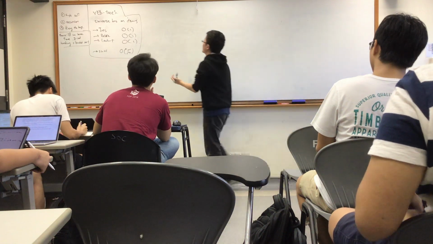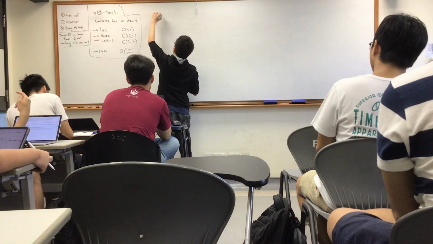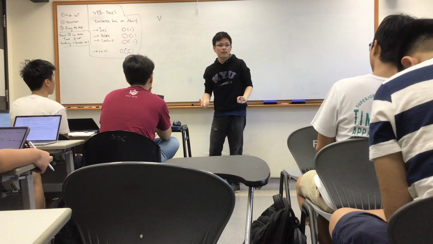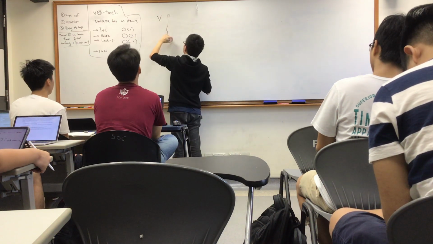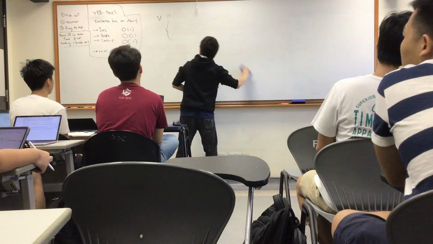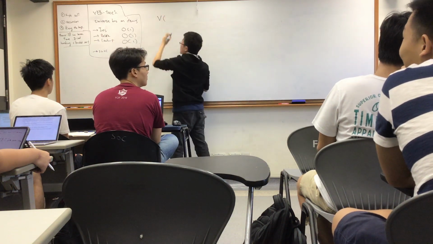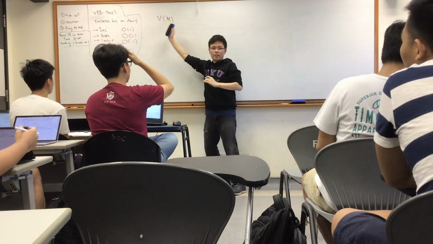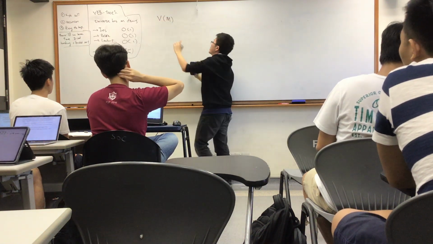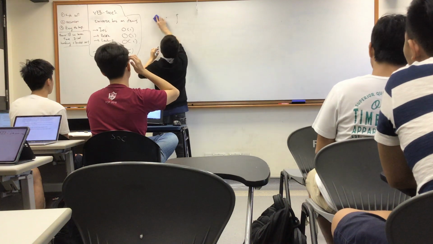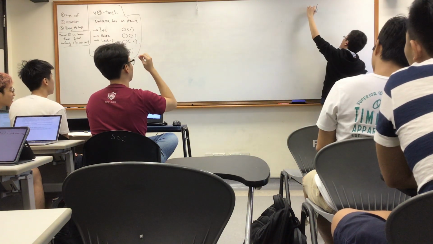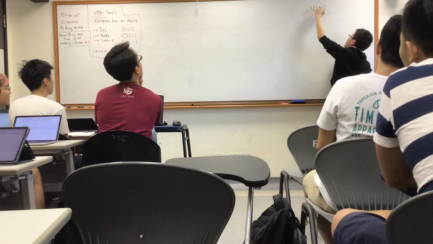So what I mean by that is, let's make this data structure. Let's call it V for now. Now V, I'm going to define it recursively. Wait, I should be more specific. I'm going to say this data structure works for a universe of size M. So that's how I parameterize it. Let me know if it's not clear after this. Actually, I should leave it on the side so that I have space to draw more arrays later on. So I'm going to define a data structure V on a universe of size M.